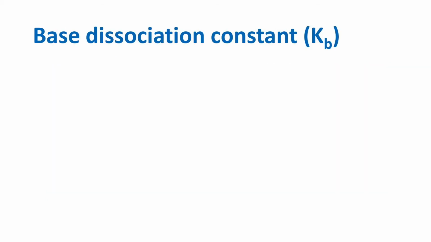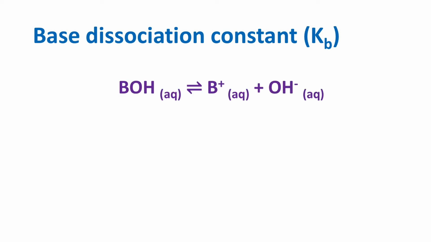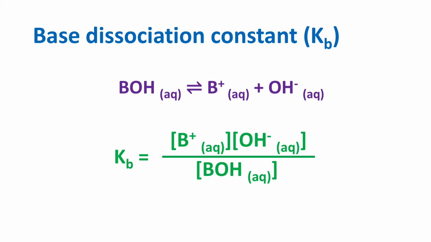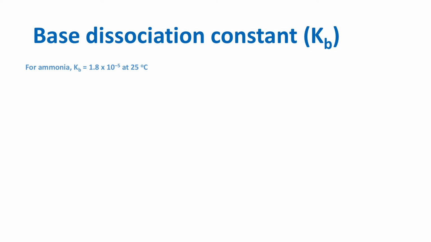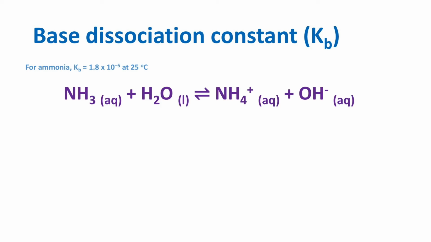Now, we understand how to calculate the pH value for a weak acid. So, with a similar idea, we can introduce base dissociation constant, Kb, for alkali. And here is a typical example for the equation, how a base is dissociated, and the Kb is defined with a similar idea. We'll take ammonia as an example. The value of Kb is 1.8 times 10 to the power minus 5, similar to that of the Ka in ethanoic acid. With the equation and starting and final molarity of each ion.